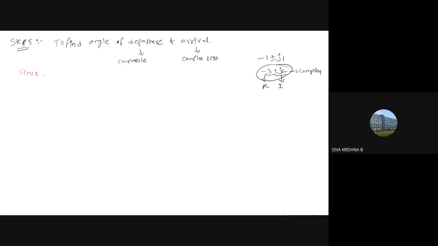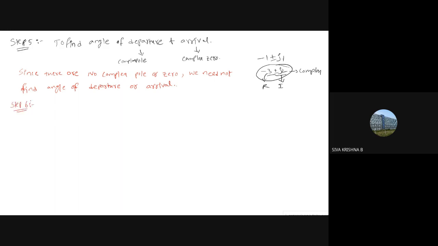Write down that step. Since there are no complex poles or zeros, so we need not find angle of departure or arrival. So that's it. Next, last step is